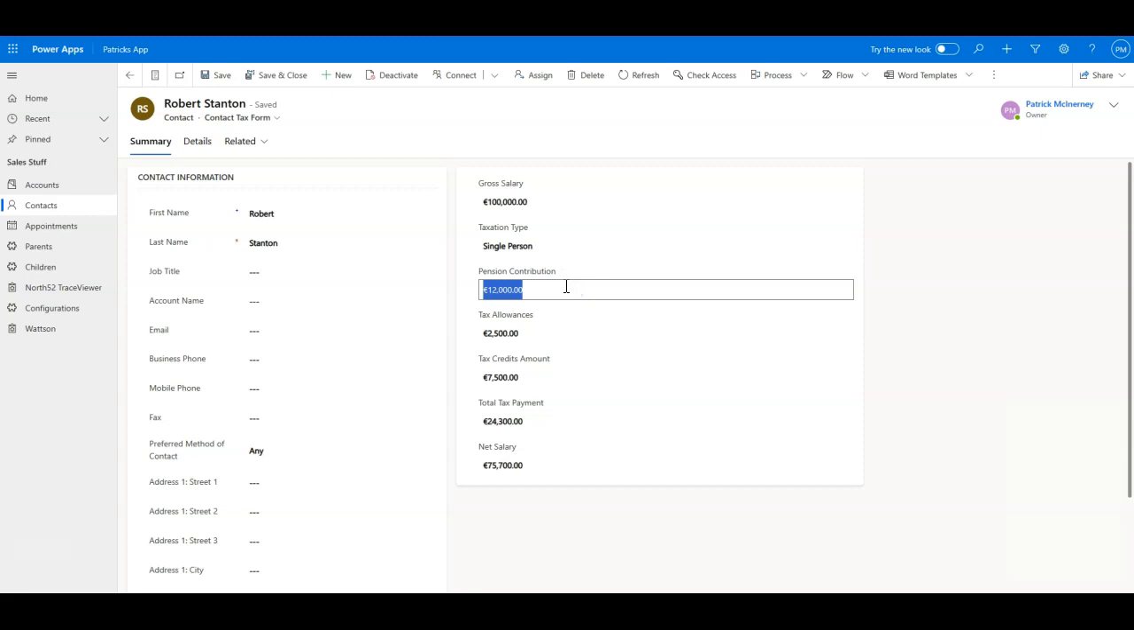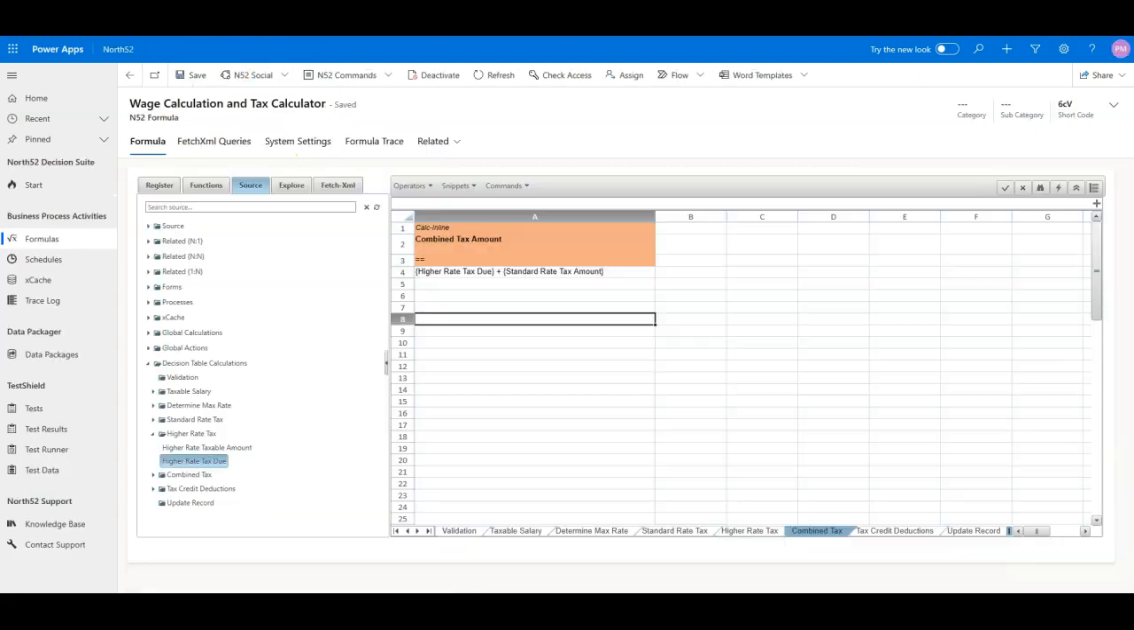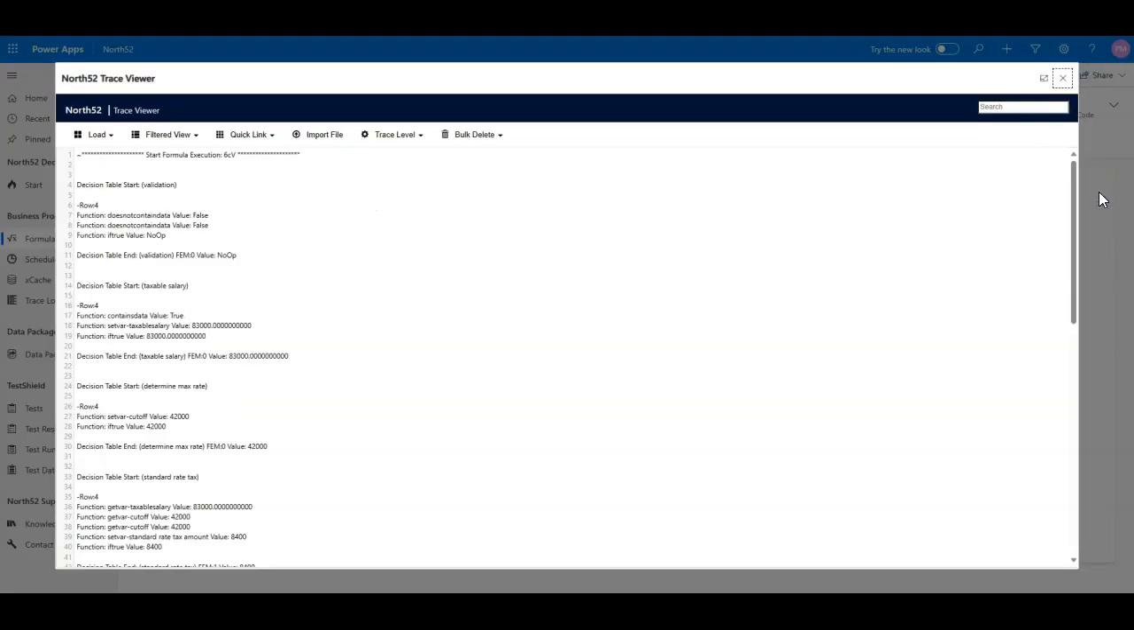While this is functional now, we can make some changes to test our record. What would be the outcome if Robert's pension contribution was increased to €17,000? While this gives us an output on the record, what if I want to see exactly what the formula is doing? Since tracing is set to information on the North52 configuration record, we can simply open the formula and click